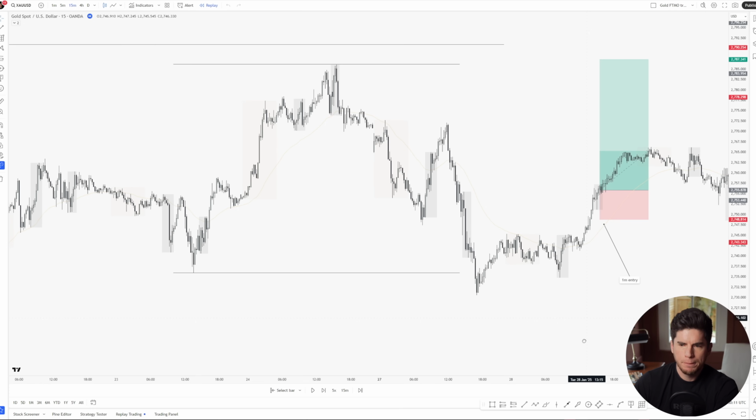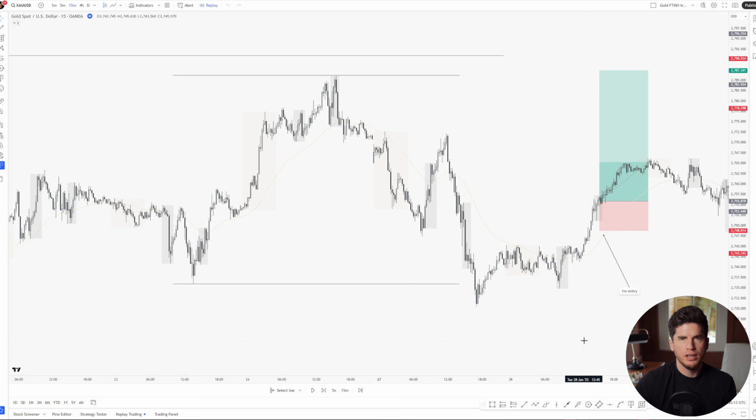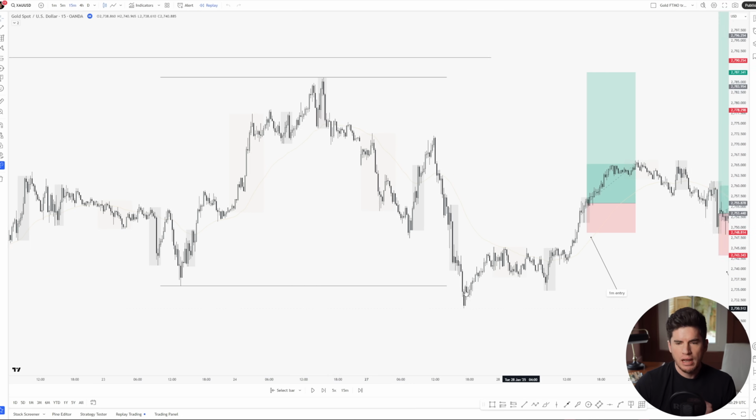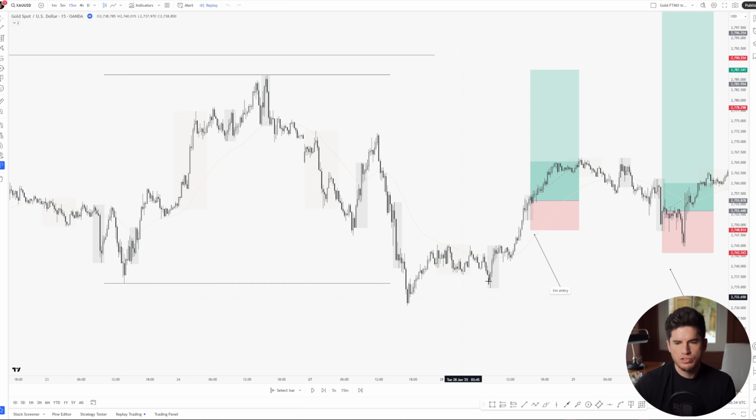Like I said earlier, first of all, daily is bullish. Ticked off, only looking for buys. 4 hour has been bullish for almost 5 trading weeks. Tick it off, only looking for buys. We have a 4 hour external range low liquidity sweep. Tick it off. Prime area for buys. Now the actual sweep itself was outside of kill zone. It was quite late New York, and there was a really nice London trade which I missed, right?